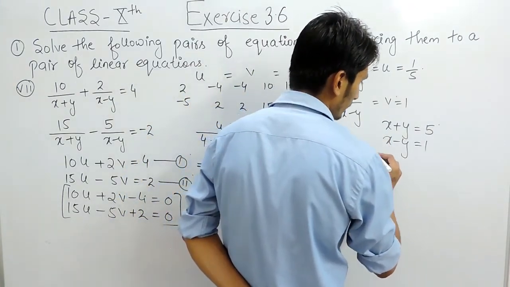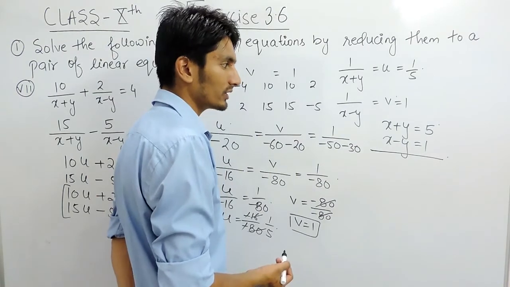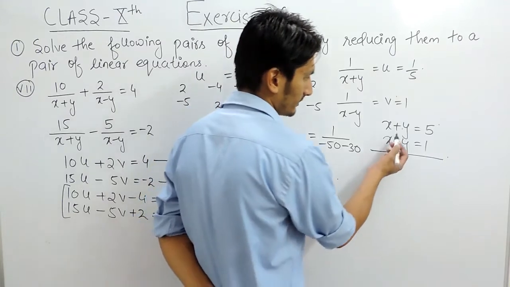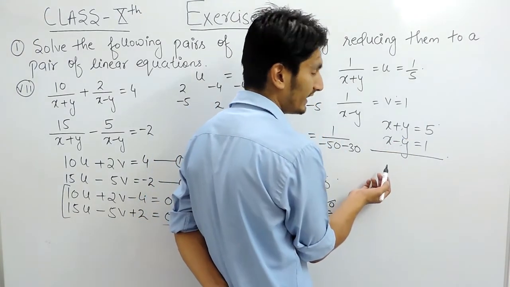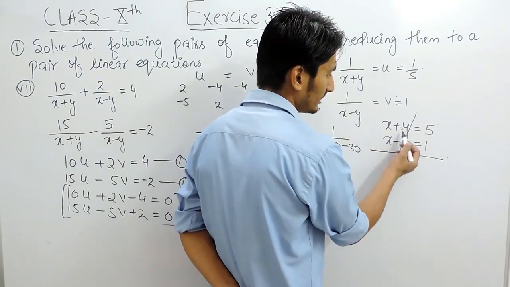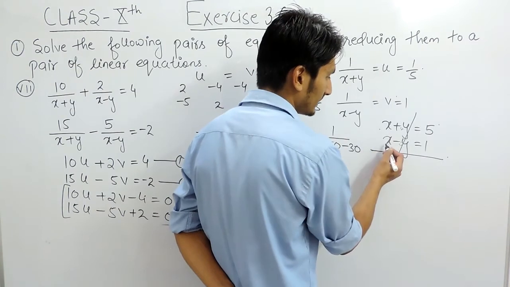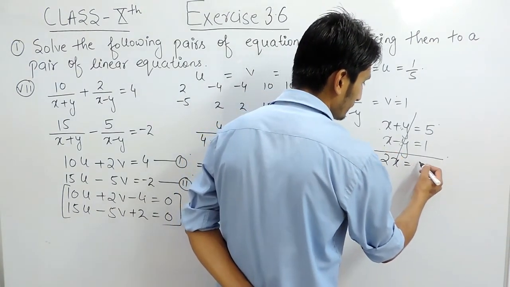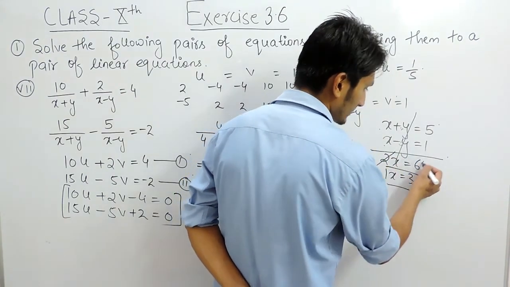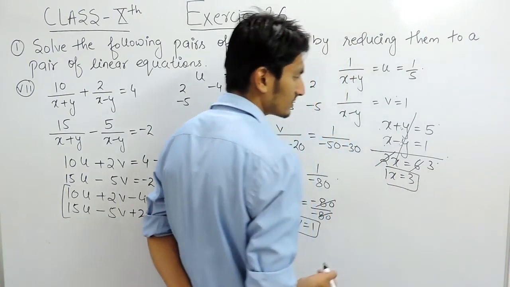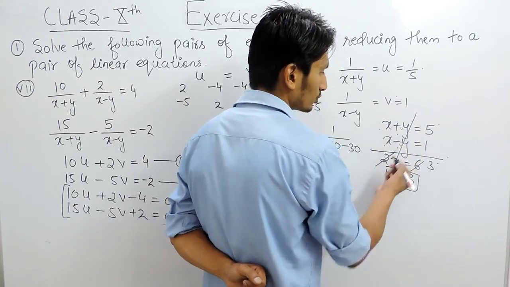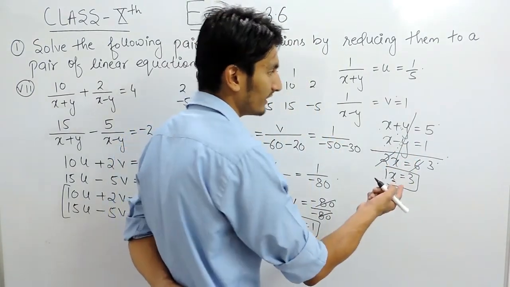Now if you want to solve it, again these are a pair of linear equations. These can simply be solved by the elimination method. Here the coefficients of y are already equal. Just add these two equations, and these opposite signs will cancel out, and this plus this will be 2x, and 5 plus 1 is 6. So the value of x should equal 3, because 6 divided by 2 is 3. Now you can substitute this value in either of these two equations, so that you can find the value of the other variable, which is y.